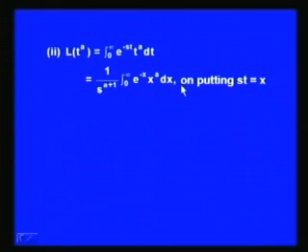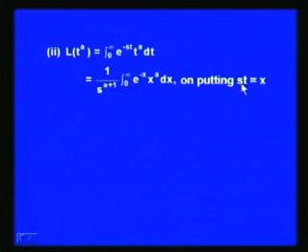Let us now put st equal to x. Then e to the power minus st will become e to the power minus x, t to the power a will be x to the power a over s to the power a, and dt will be dx by s, and therefore, we have the right hand side as 1 over s to the power a plus 1 times the integral 0 to infinity e to the power minus x x to the power a dx, where we have assumed that